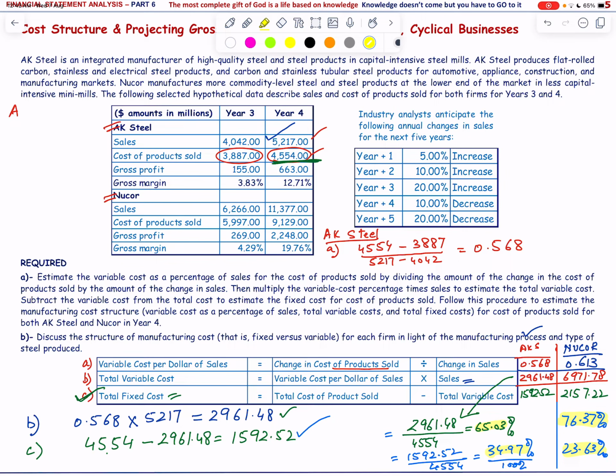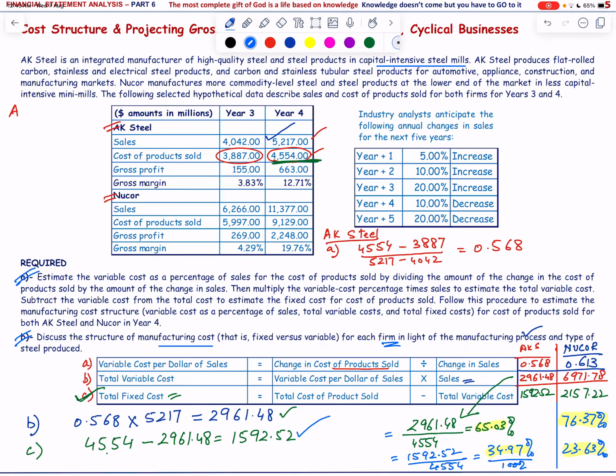So that's how we calculate part A. We have done the calculation part, and we go for part B, and we have to discuss the structure of manufacturing cost, that is fixed cost versus variable for each firm in the light of the manufacturing process and type of steel produced. Now, as you can see, we have already seen that AK Steels is a higher capital intensive steel mill